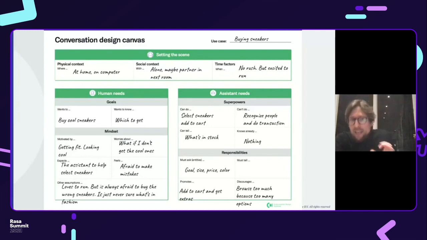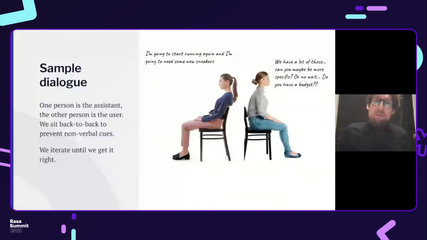Now that we have an understanding of this conversation, we're going to do sample dialogue. And what this means is that we sit two people back to back from each other, and they're going to have this conversation. So one person is going to study the canvas of the human side. So they're going to get into that mindset where they're going to be like, all right, I want to get